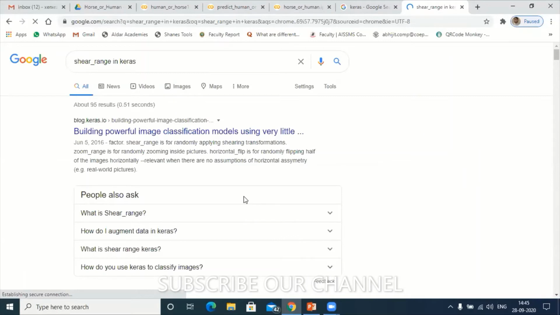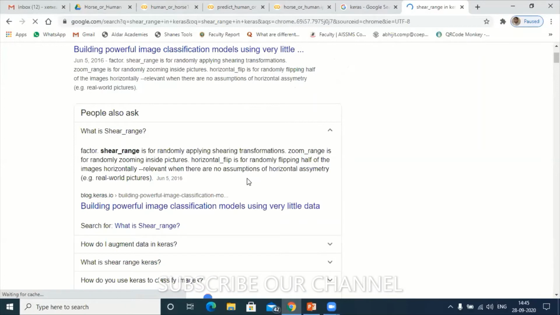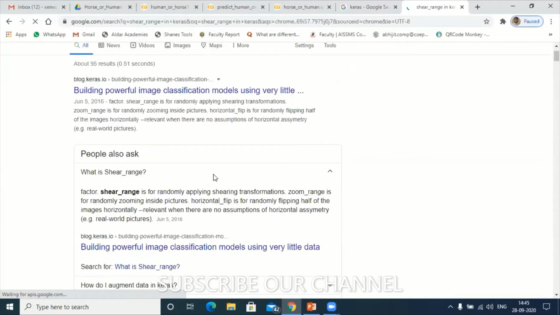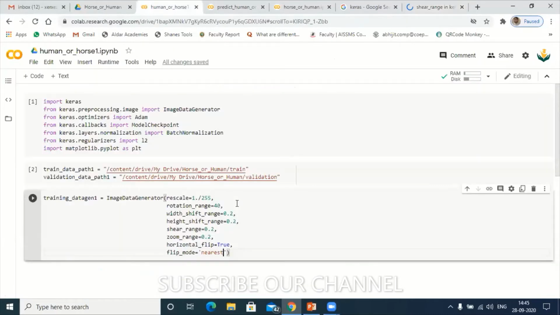Hold on. Hold on, participant. Brightness. Okay, it's about brightness, how much brightness you need here. So shear range, that means I'm checking the brightness also. For the time being, I'll use these many features.